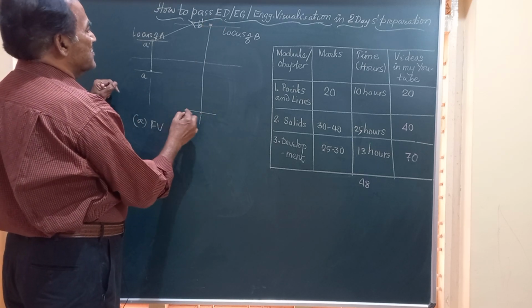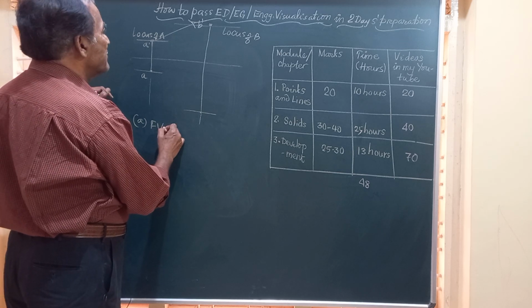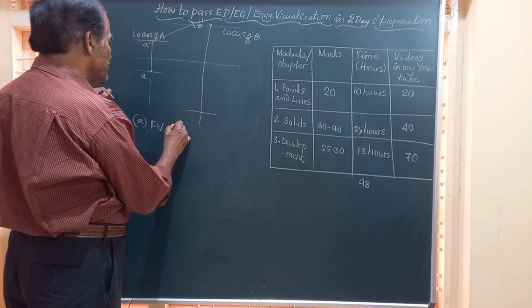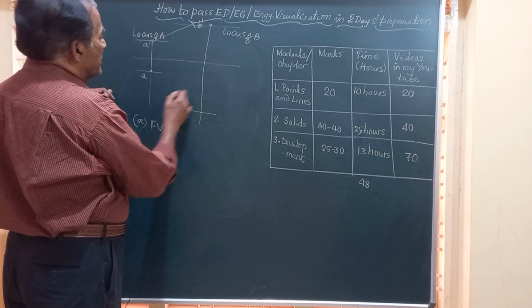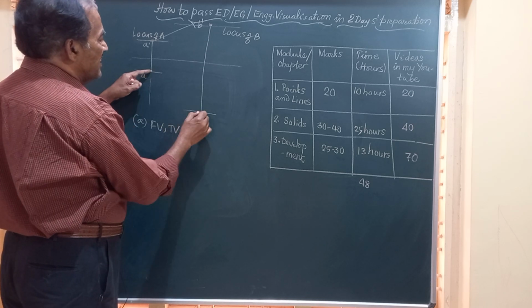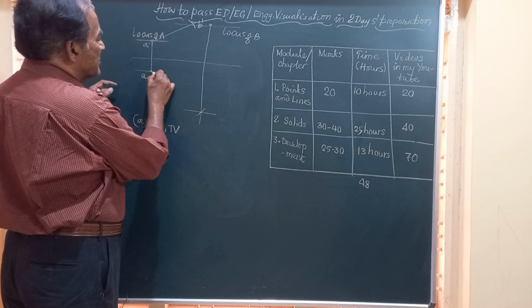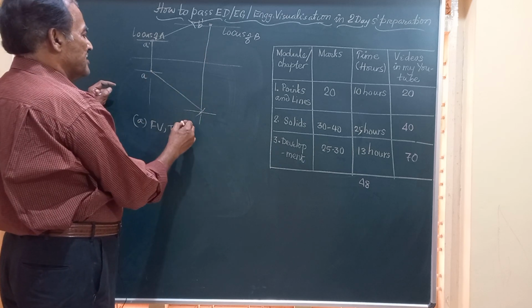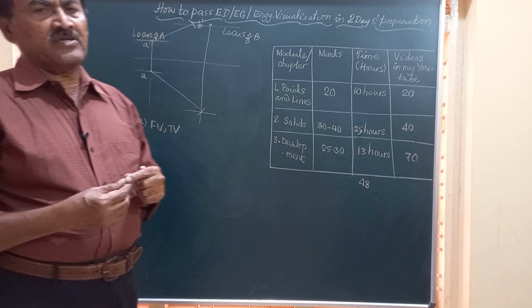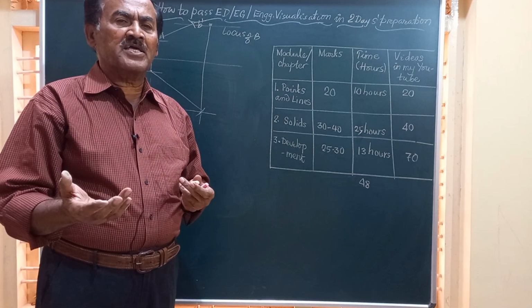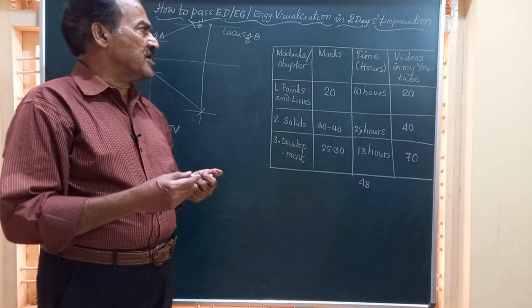So friends, when they give you the front view and also the top view, you can take the center A and radius equal to AB, the top view, and you can obtain the projections of the line, which includes finding out the true length, the angle made by the line with the HP